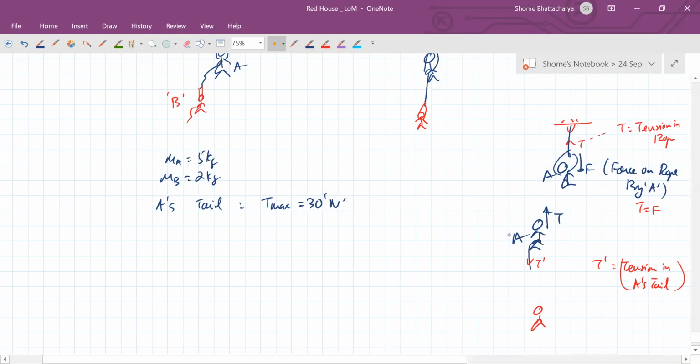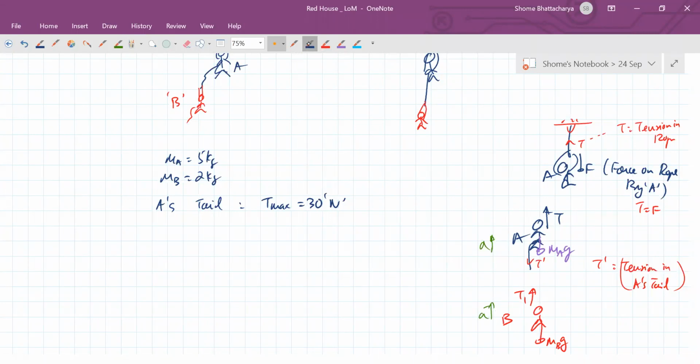Okay, not to forget, his own weight as well. Okay. Now this one will experience T prime above. This is B. Okay, and weight. Now assuming that this force is large, both of them will have a common acceleration A upwards,